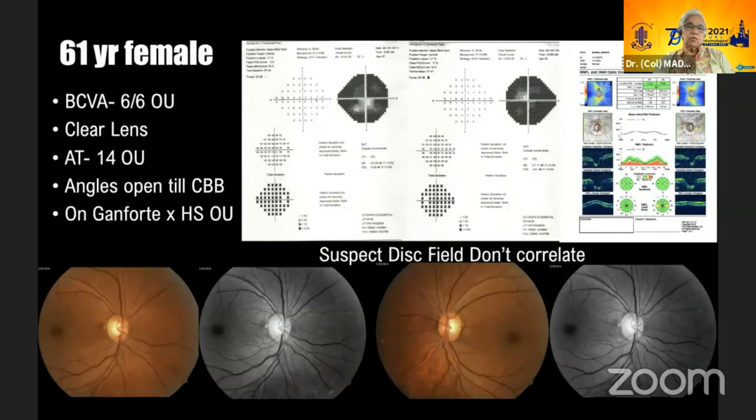This is another lady, a 61-year-old. Again, the cups look very physiological. But what we see here is that the visual field defects are so much like advanced glaucoma. Now, what do we do? Do an OCT. The OCT here is looking perfectly fine. So with a perfectly normal OCT, she is a normal patient. She actually doesn't really have glaucoma, but physiological cups. And we keep her under follow-up.